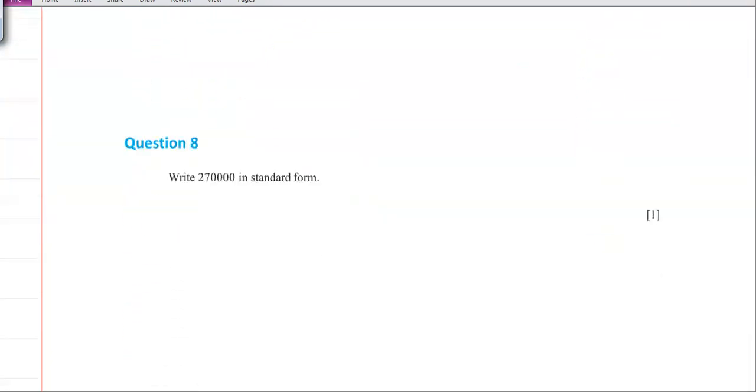All right. Now, question 8 is to write in the standard form. How do we write in the standard form? You can't see any decimal, which means it is at the end. So you must shift it here, after the first non-zero digit. It will be 2.7 into 10 to the power... How many digits did we move? 1, 2, 3, 4, 5. Because we shifted the decimal to make the standard form, the power will be positive.